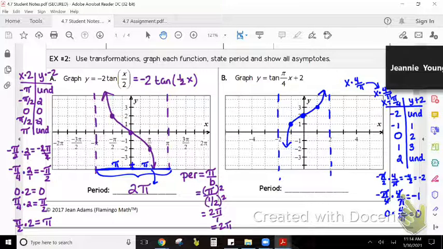Questions over the graph? Either one of these? What is my period of this one? 4. Good. Negative 2 to positive 2 is 4, right? Or we could have done pi divided by b, and my b is pi over 4. So if you multiply top and bottom by the 4 to get rid of that little denominator, you'd have 4 pi over pi, which is the 4, okay? So either way,